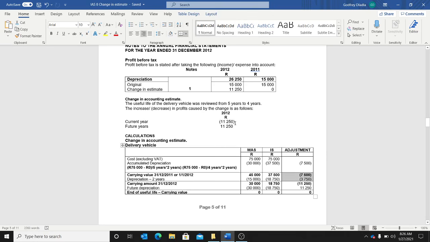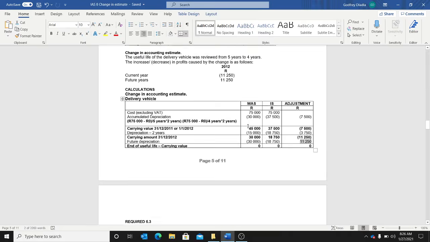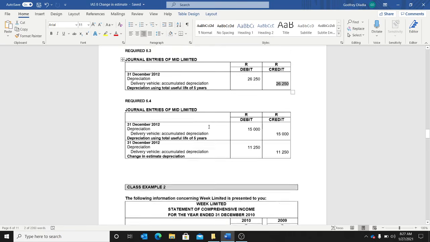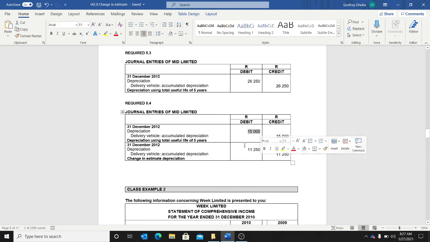Okay, so in future, you'll have an increase in profits of 11,250, which is then reflected here. It comes from that amount there. Okay, so we've done the change. Let's look at the journal entries. If they've not been processed, you process the 26,250. Right. If they've been processed, the 15 will be there, and then you just need to put the additional amount of 11,250,